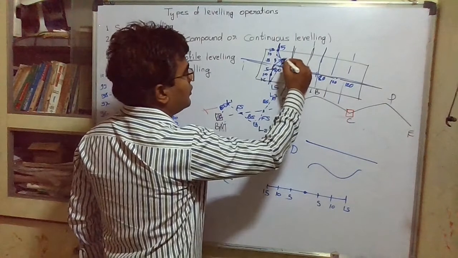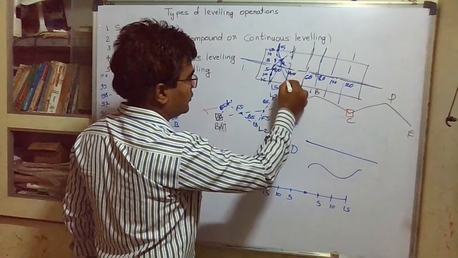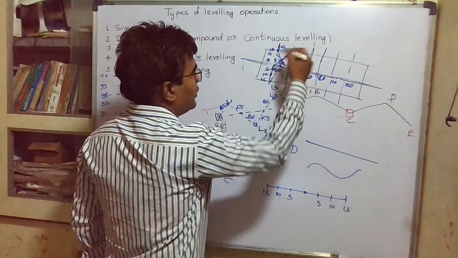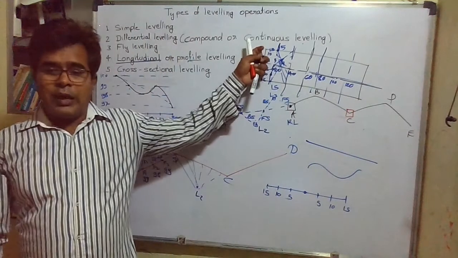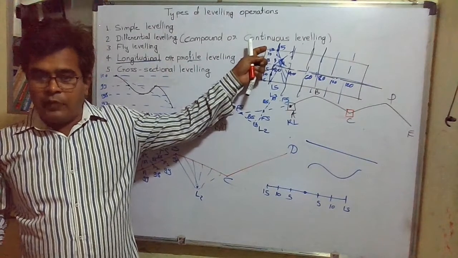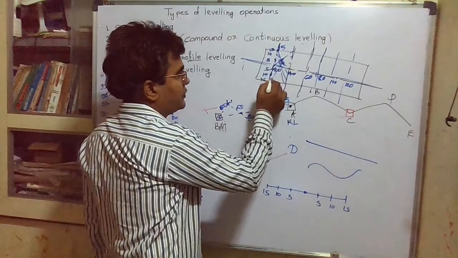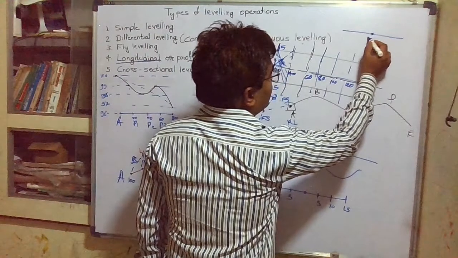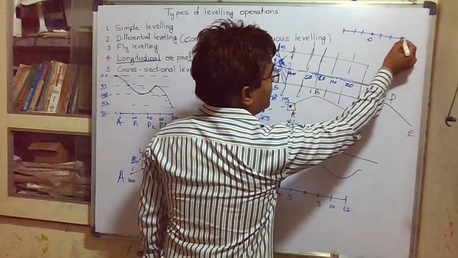Then again, for this section, we can take levels at different points from this position L1. Then we'll set up the level at some new location, and we will find out the levels at regular intervals in the cross section, and we can again plot that cross sectional profile. Let us consider first this 20 meter chainage line. Suppose this is the 20 meter chainage line. We consider this as 0 of 20 meter. This is 5, 10, 15, and 5, 10, 15.